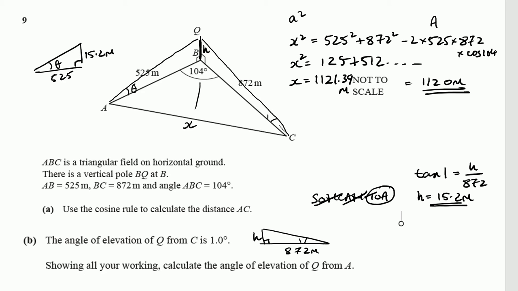Once again, it's a right angled triangle, so I'm going to use SOHCAHTOA. Once again, I don't care about the hypotenuse, so it must be tan theta equals opposite, 15.2, over adjacent, 525. Theta is then the inverse tan of that fraction. And I can work that out on my calculator. So inverse tan of that fraction